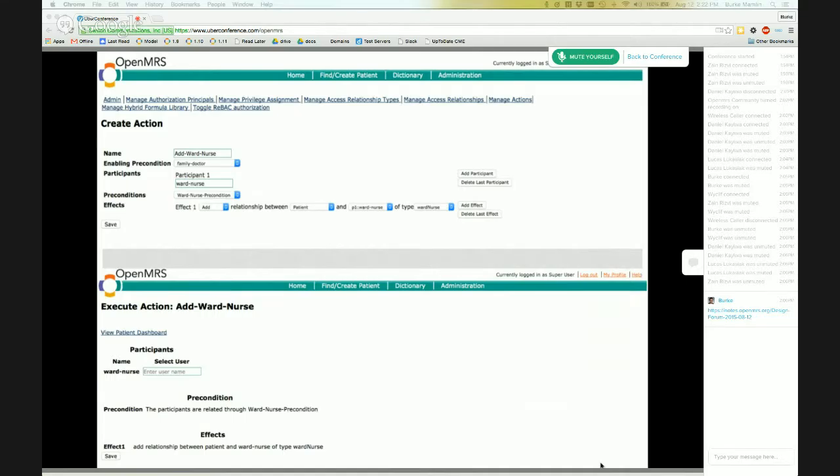These are a set of relationships that have already been defined somewhere else, and they're just being reused here in this action to define what they are. As long as the three participants involved in this action can satisfy these relationships, then the effects take place. If these participants cannot satisfy the relationships defined by the precondition, then these effects do not take place.